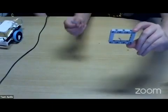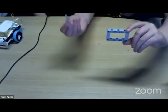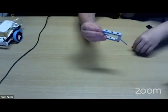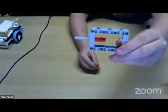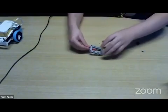Now to make this, first you will need to grab your picture frame, and you will need to also grab your 5 axle. What you will do is you will put your 5 axle through the middle hole of your picture frame, and then put on the axle connector. So it should, in the end, look a bit like this. Okay, so next we're going to place it down here,